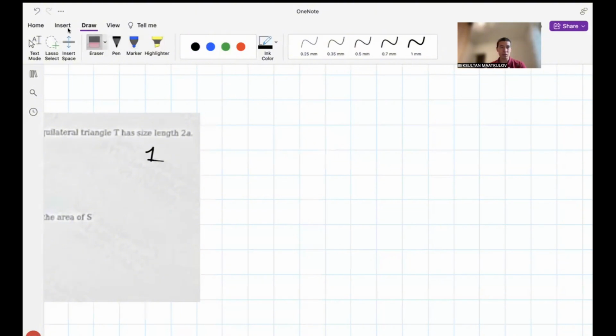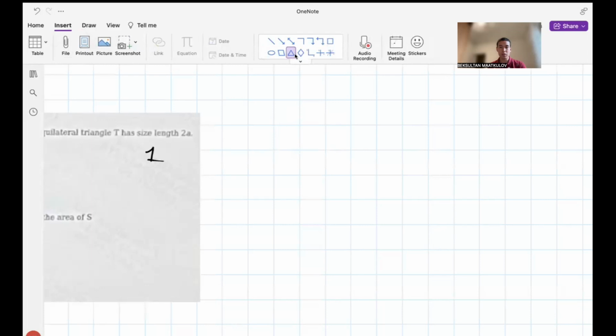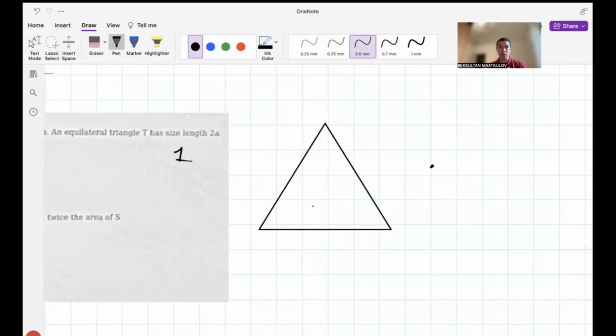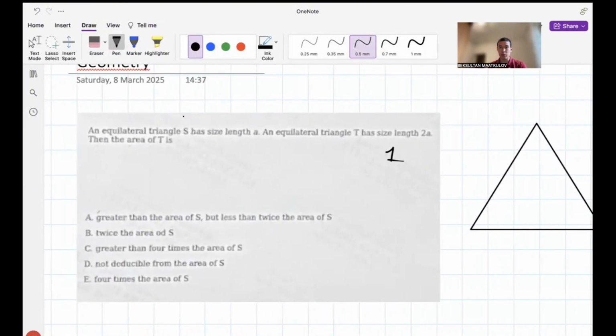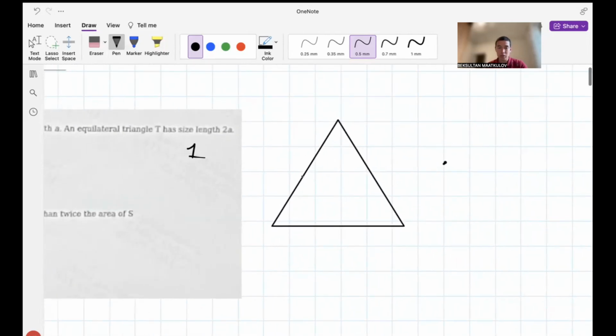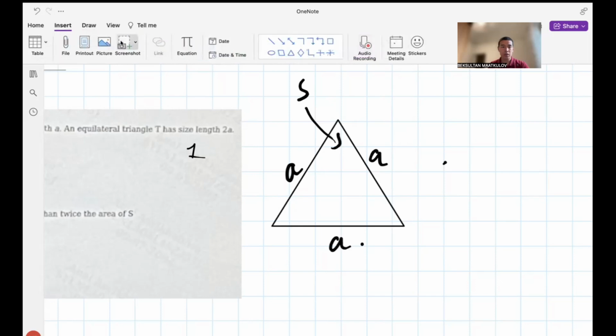Let me see if I have a triangle here. Yeah, good, I have it. So let's imagine this is our first triangle S that has sides of length A. Let me write, all the sides are A. This is our triangle S. And let me insert